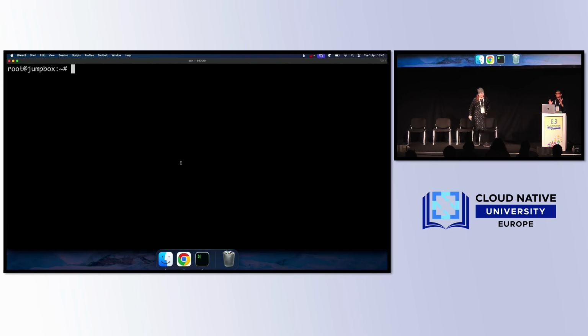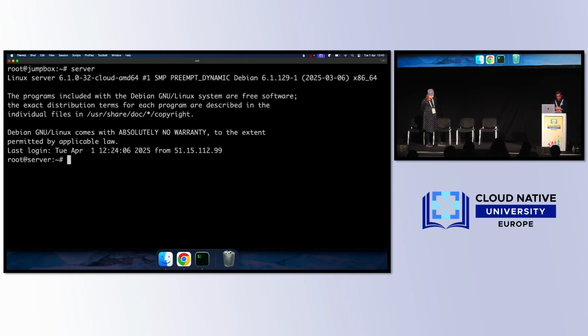Okay, so this jump box is just a machine where we have admin access. It is a box that we are using to configure the server and the node. So here I'm just SSHing to the jump box. Okay, and this is the alias that I've created to connect to the server. So when I connect to the server here, I'm logged into the server node here, and here if I do,